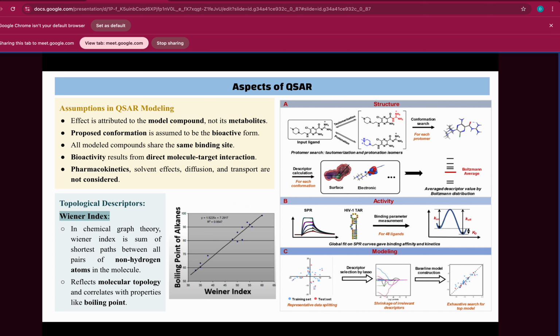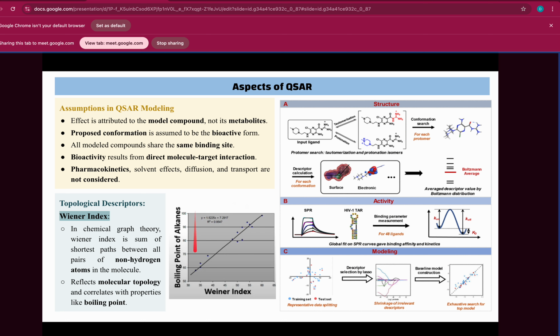If it is unbranched, the different atoms are lying far away from each other. In that case the shortest path will be long, it will take a lot of steps to reach from one atom to another atom, whereas in branching the path length will be small. So if my structure is more branched, then it will have a smaller Wiener index. Greater Wiener index means, as you can see in the graph, that with an increase in the Wiener index